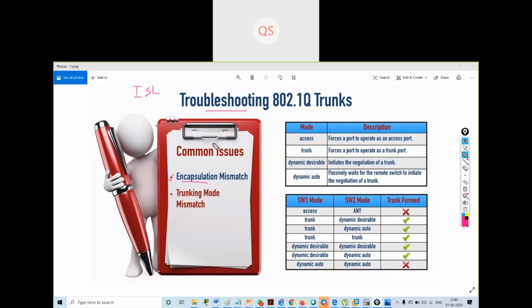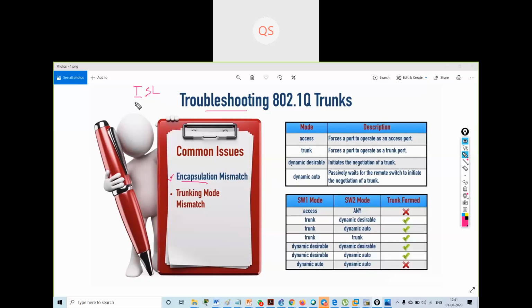But in more recent years, Cisco has gravitated towards the industry standard, that is IEEE 802.1Q.